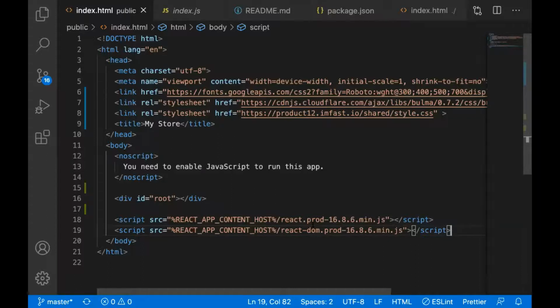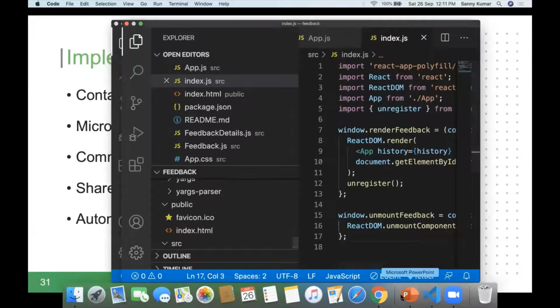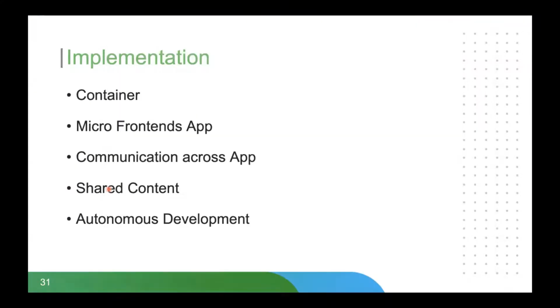And if something is changed in the shared content, it will affect the others too. So it is a challenge, but if it is carefully implemented, it will always reduce the payload size, and thus improve the speed of the application. So shared content is another thing we have to think about when we implement it.